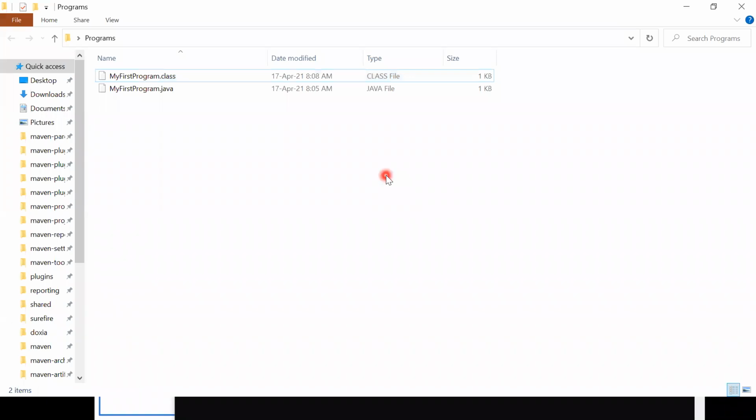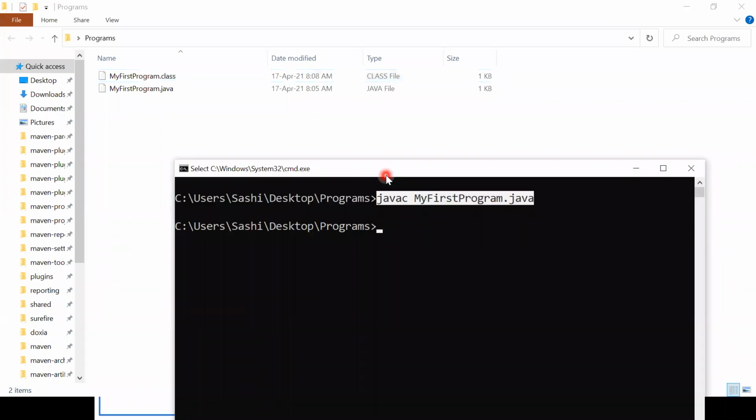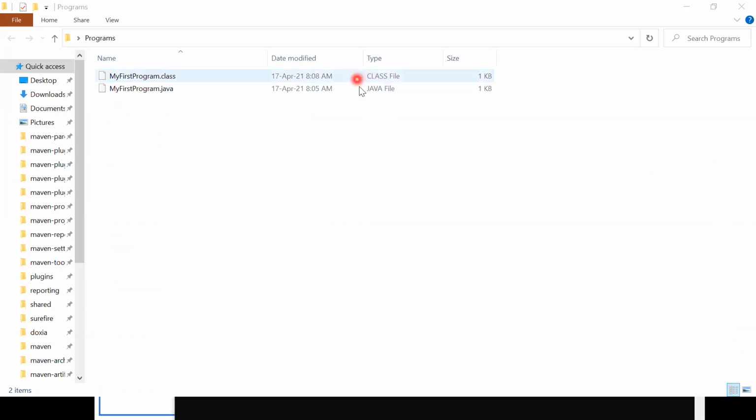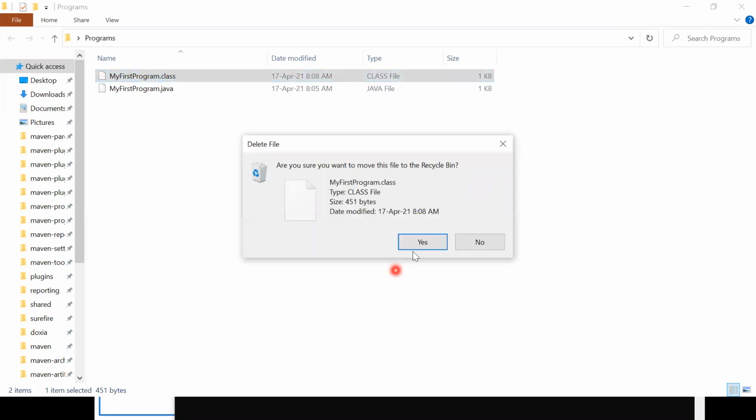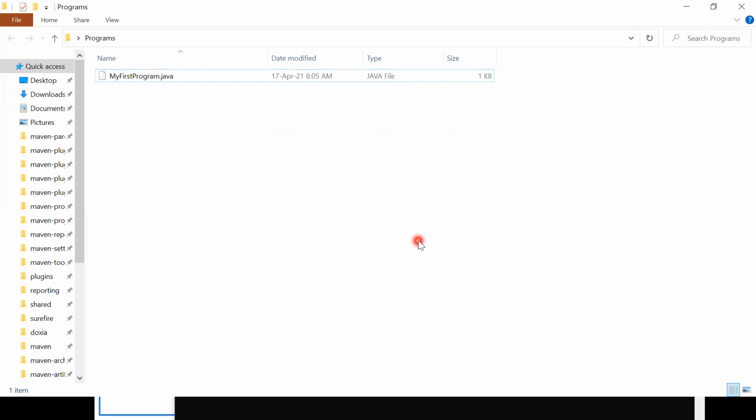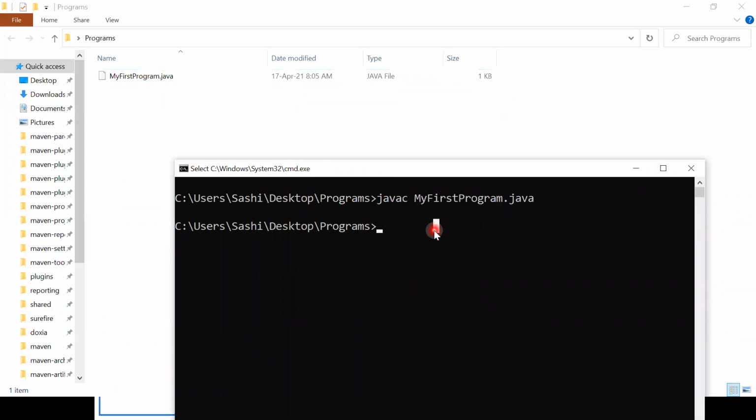Now, this is what is happening. What I'm going to do now, again, I'm going to delete this dot class file. Let me delete this dot class file. Again, you observe it. Again, we are going to compile it: javac class name.java, my first program.java. Again, it will create one more time.